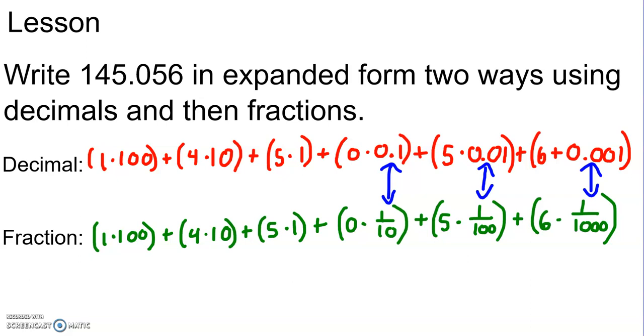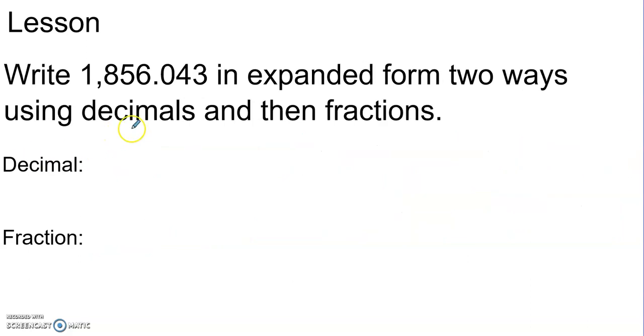Now that we have this down, let's do one more example. Oh my Lord, this is a big one. So I might actually have to do it in 2 lines, but that's okay. So let's look at this. Again, the whole number stays the same for both of them. So the first one is in the thousands. So I'm going to do 1 times 1,000